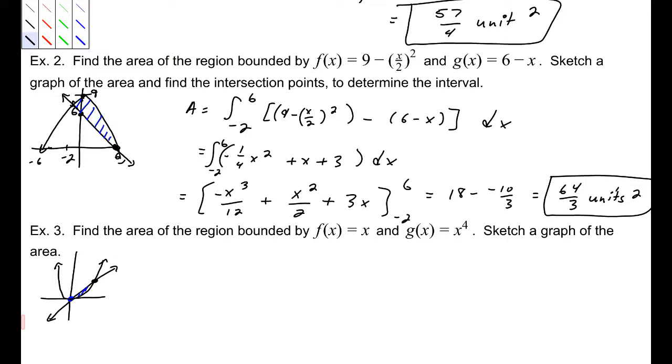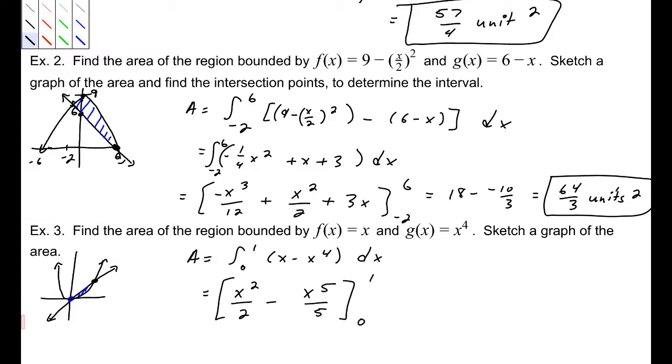So the area is the integral from 0 to 1. Now, the upper function is f of x equals x, so x minus x to the fourth. So this would be integrating these two. That is x squared over 2 minus x to the fifth over 5